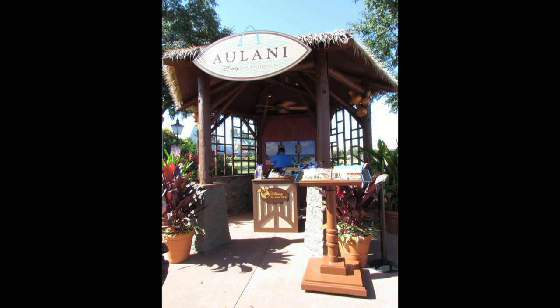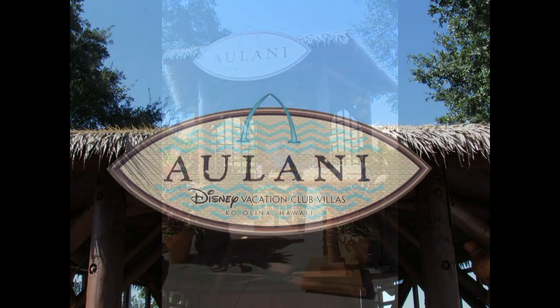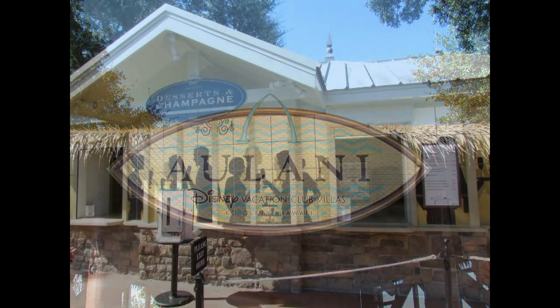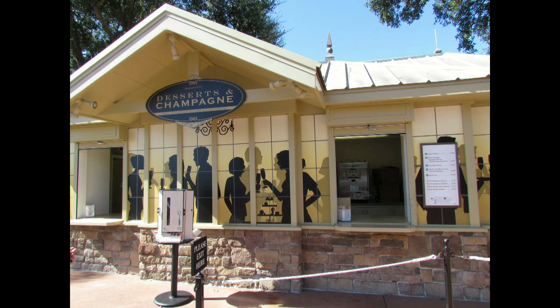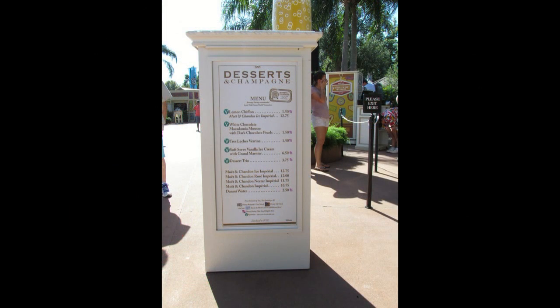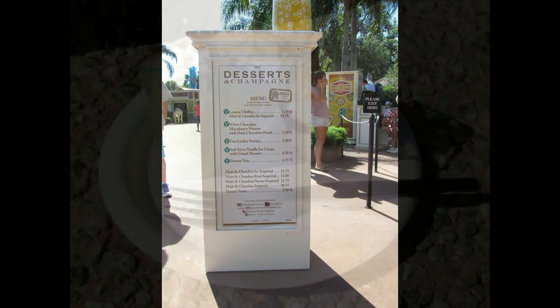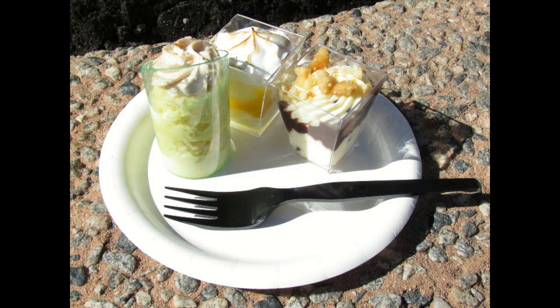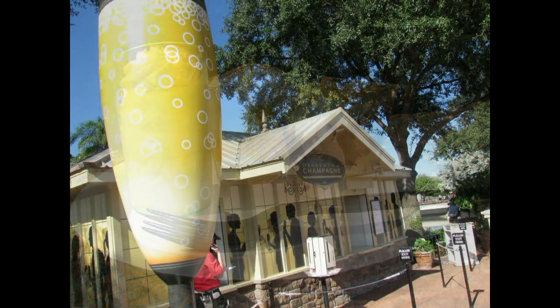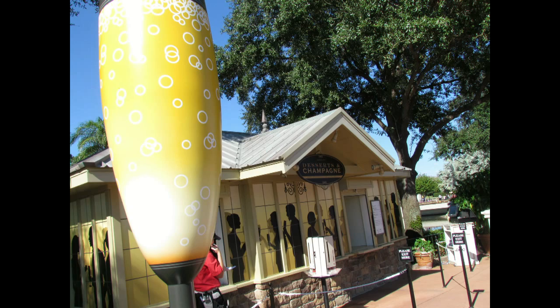And there's the Aulani booth in the whole Hawaii theme of things. Right, I think that's where the usual DVC setup is, but they created an Aulani setup. So what better way for us to really start with dessert? But we didn't get any champagne. No champagne, but we have the dessert trio. It had lemon chiffon, a white chocolate macadamia mousse with dark chocolate pearls, and a tres leches verrine. I don't know if that's how you say it, but my favorite was the 3 milk, the tres leches. I like the lemon. I thought the lemon was really good. I don't think I would get the trio again. It was nice to try them all, but the...